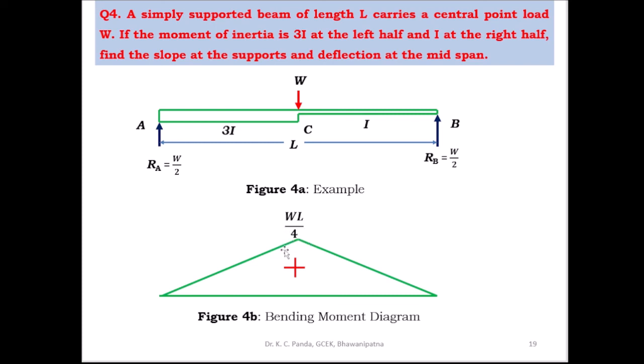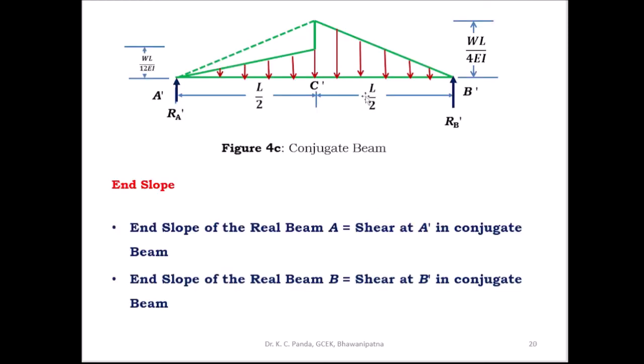WL by 12 EI you have to take on this side in the M by EI diagram, and this side you have to take WL by 4EI. So this side, this height is equal to WL by 12 EI, and this height is equal to WL by 4EI. So this is the M by EI diagram of the conjugate beam, and you have to take this M by EI diagram as a load